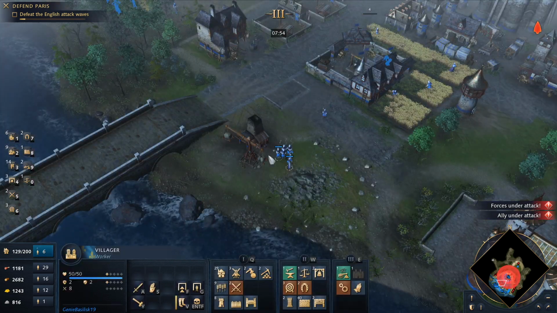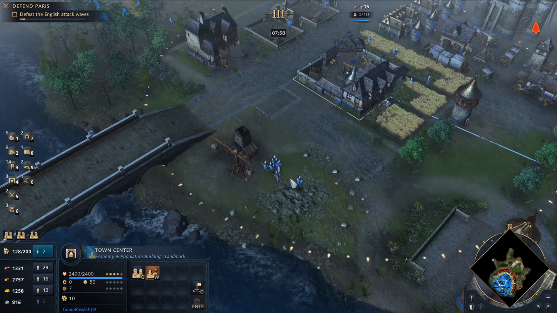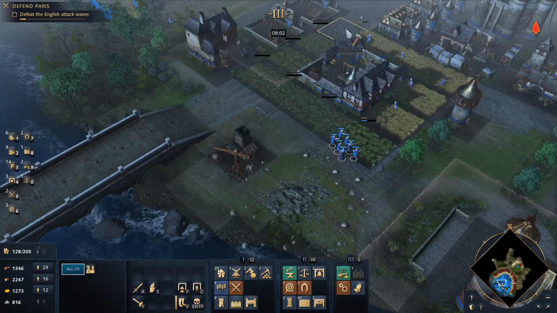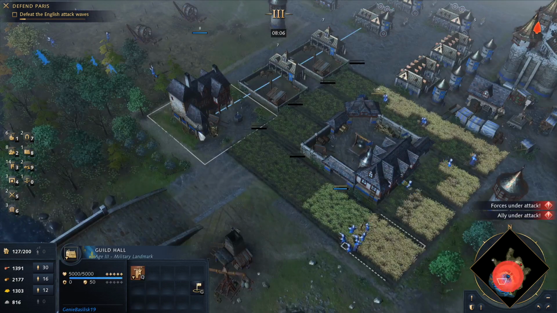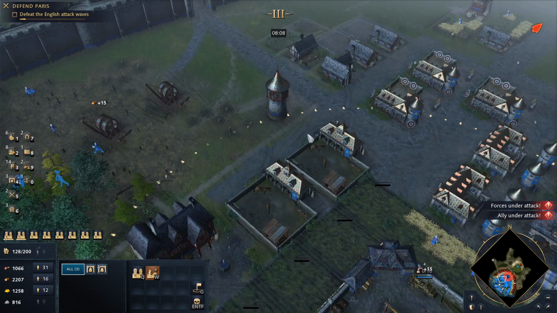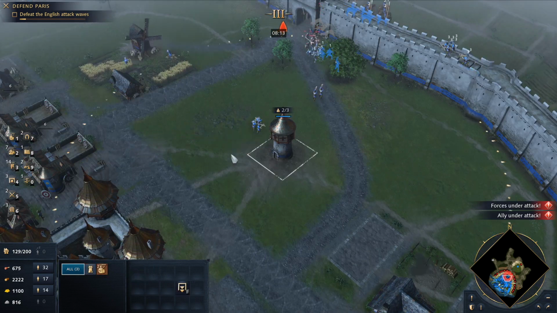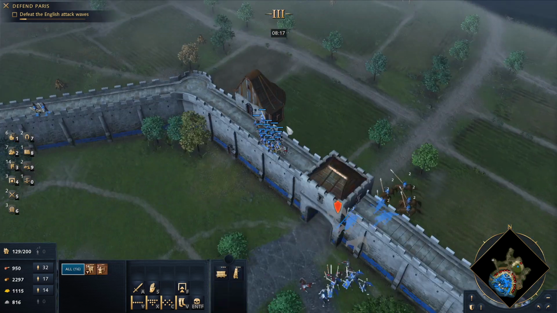But really, it's just all about keeping the economy. My stone deposit is empty now. Gonna queue in the stone. 1, 2, 3, 4, 5, 6, 7, and always keep this producing. Oh, well, why are these guys in there? Yeah, so this has been held off,